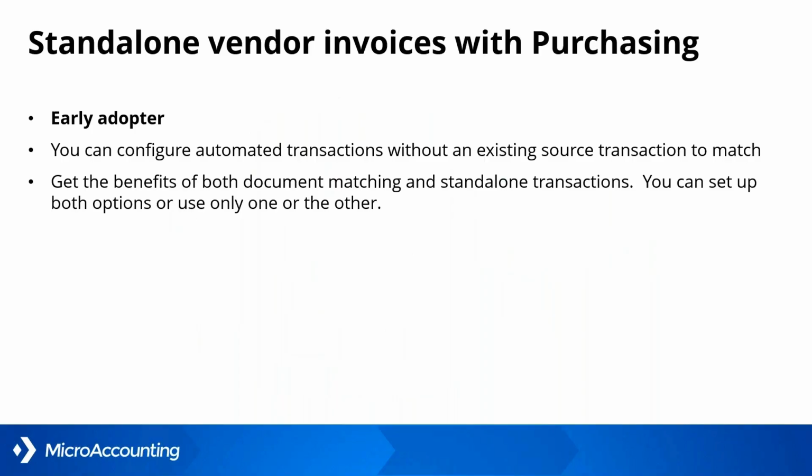Okay. We also will have standalone vendor invoices with purchasing. So I know some of our clients are using purchasing for their AP processing just because of the additional flexibility that we had with some workflow in that. So you're not using that in a traditional manner where you have purchase orders and receivers. It's just straight vendor invoices, but it's using those in the purchasing module. So that is going to be available to early adopters. So that is something that if you're interested in, you can reach out to us.